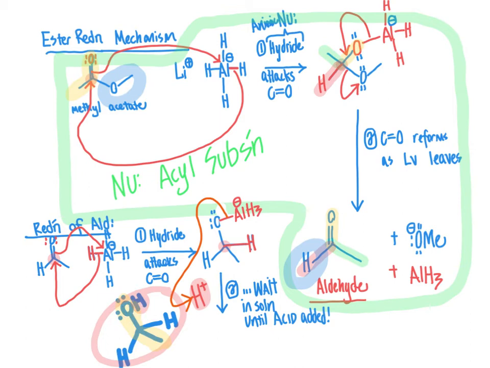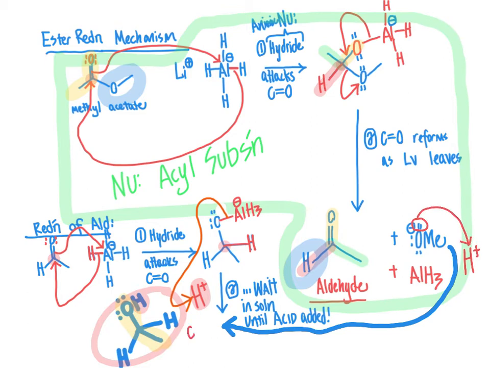Now what happened to the leaving group here, our O-methyl group, in our starting structure from methyl acetate in the upper left corner? I'm highlighting that leaving group right here. What happened to that? Well, we can trace that out along the way. Where did that go? Okay, well, it left at this point. And so what happens then is that hangs out in solution as well. And then once acid is added to the reaction mixture, that too is going to pick up a proton, because that is quite basic, being that it has that negative formal charge. So once you add the source of proton, it's going to pick up that proton to become methanol